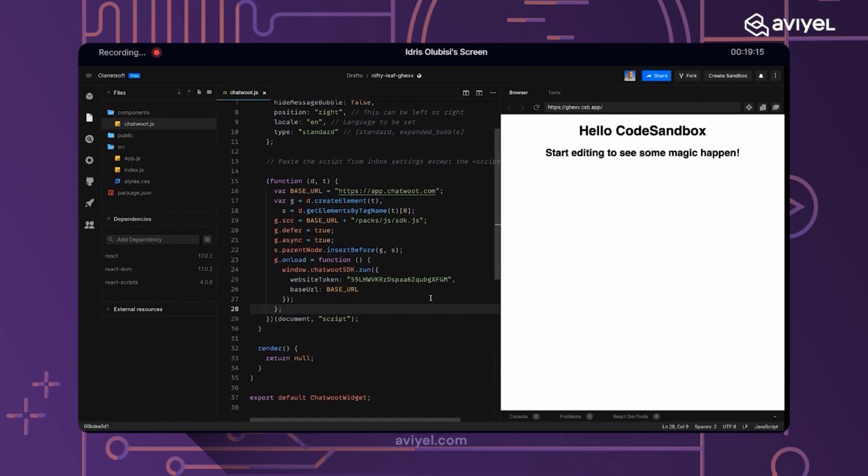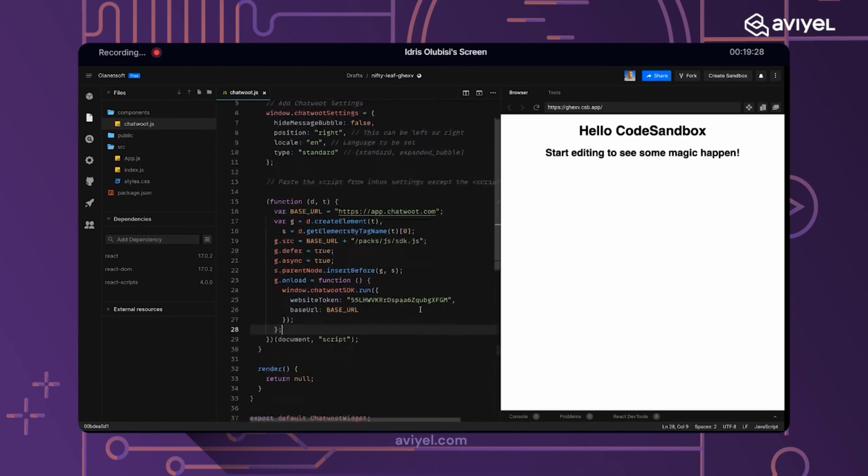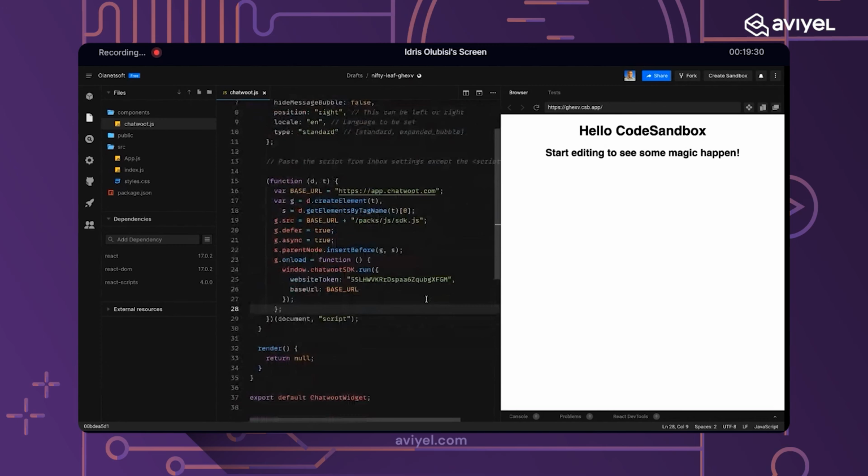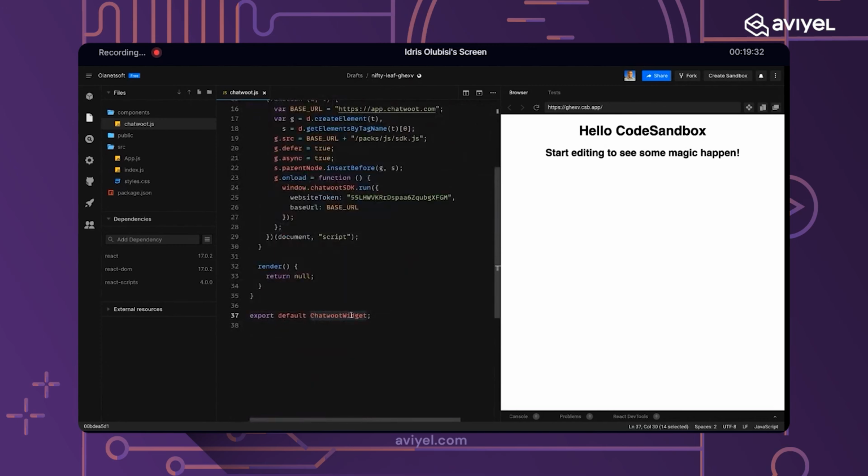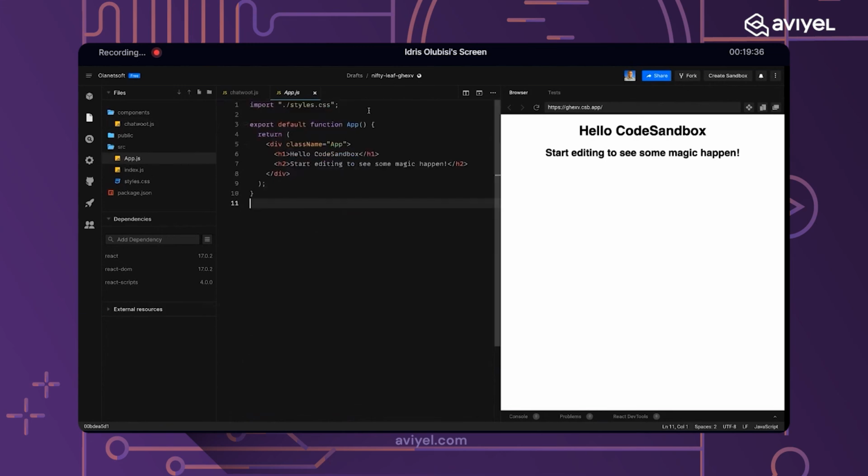If you create multiple sites, that token is more or less like a pointer to your configurations on your Chatwoot dashboard. After saving this, we have successfully created our component. What we just need to do now is import it in our app.js.